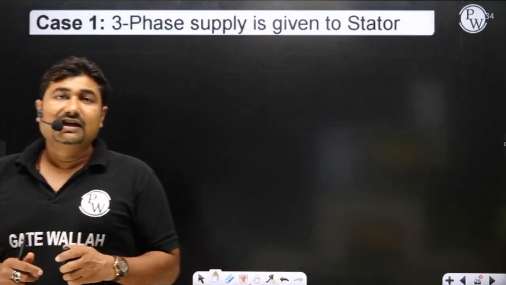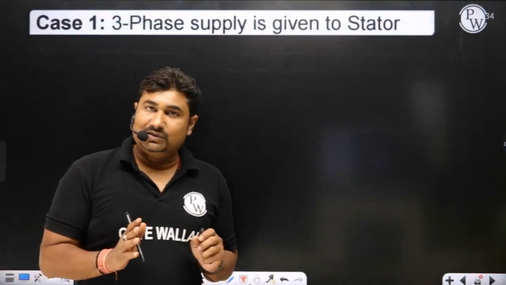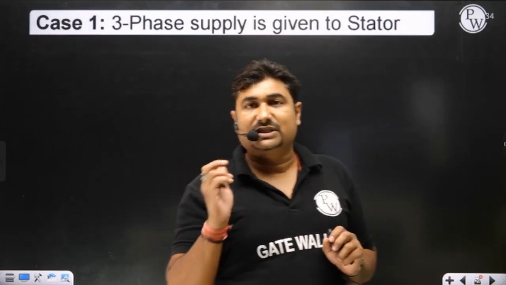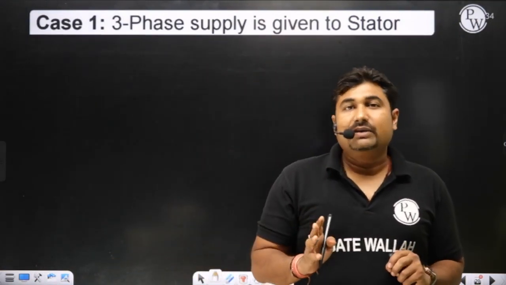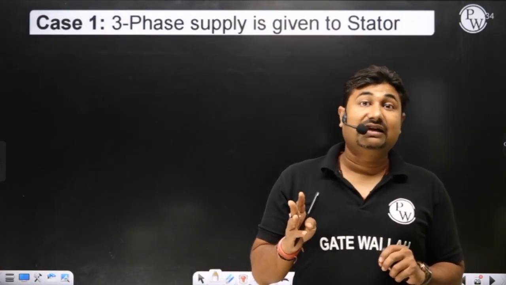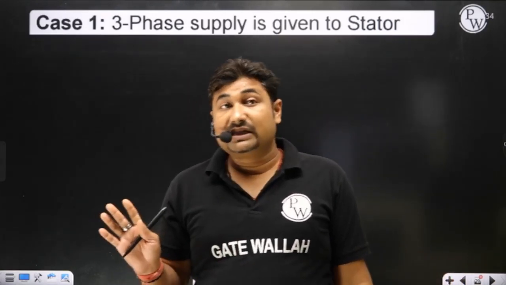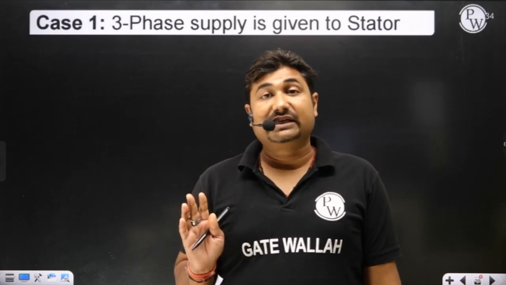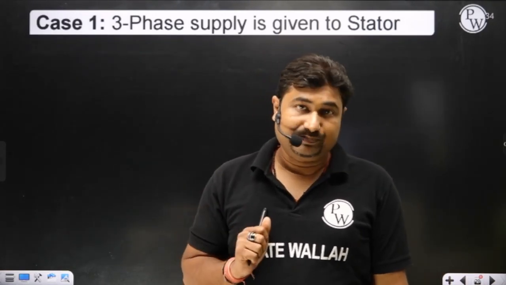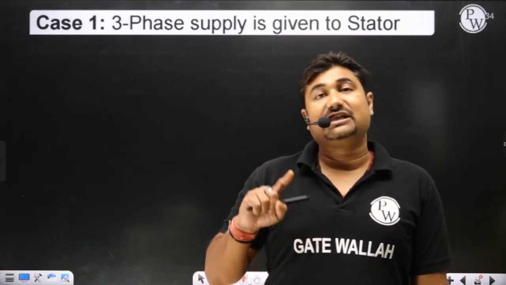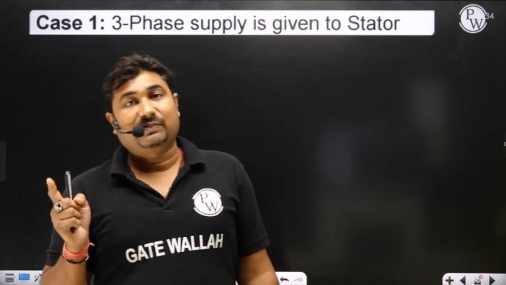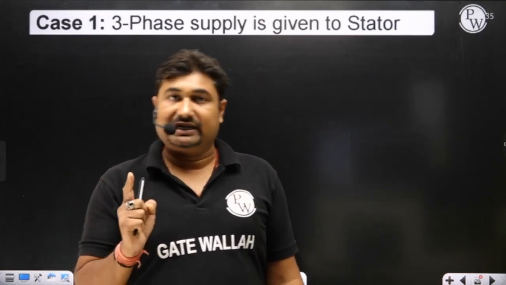If it is a squirrel cage induction motor, then supply is only possible onto the stator side, because the 3 terminals are available only onto the stator side. Rotor side we have no terminals available. Rotor side is basically shorted by the end rings. However, in case of slip ring induction motor, the supply can be given to stator or it can be given